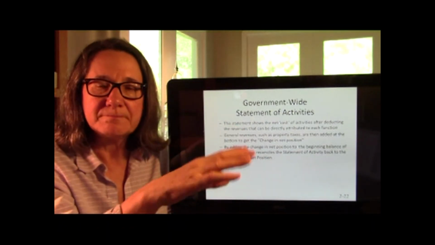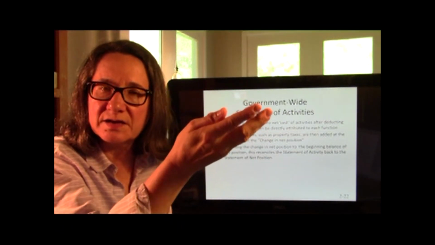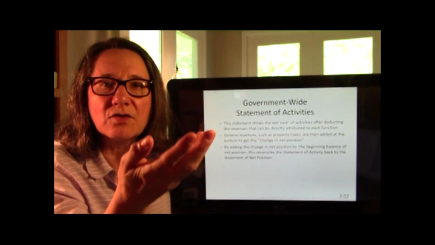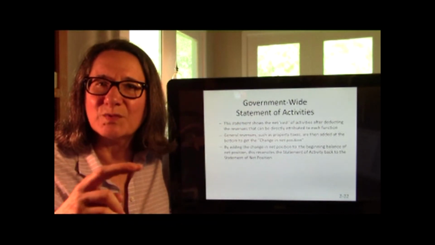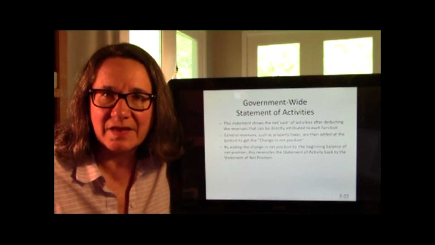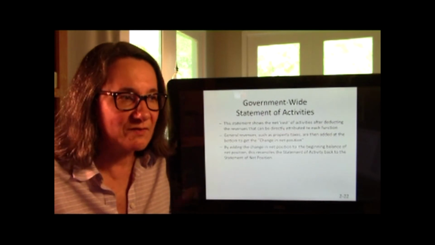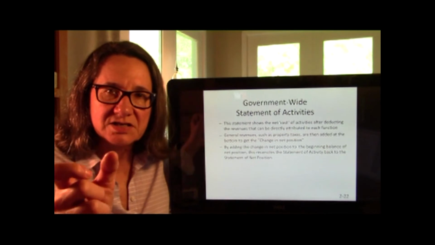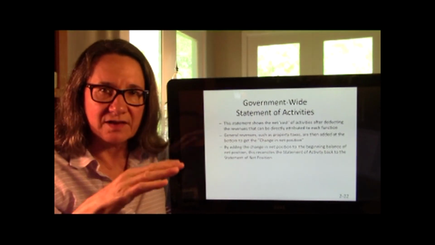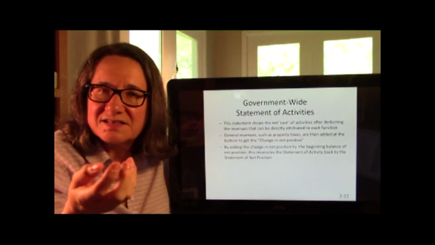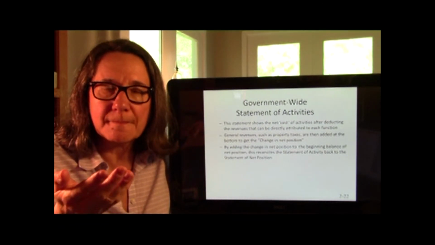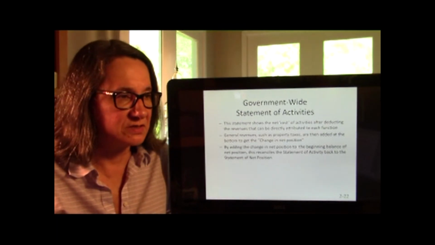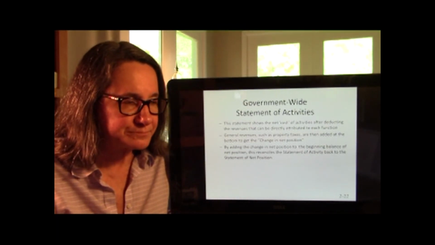Then you've got, here's what we collected in taxes for that part of the government. Here's what we collected in fees for that part of the government. Here's what we got in a grant for that. So all of these, you could call them revenues, although that's not really what they are. They're just money that came in. And then you'll get a change in the net position at the end. It's kind of like a total, and it's certainly not net income, but it's certainly a change in their net position. And that's what they call it, a change in net position.